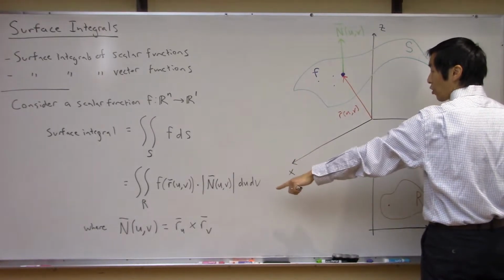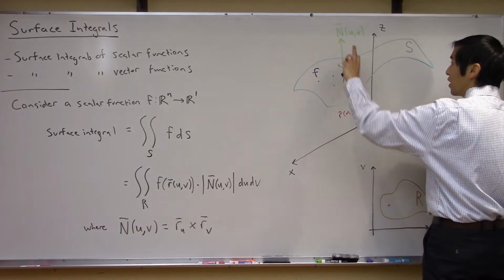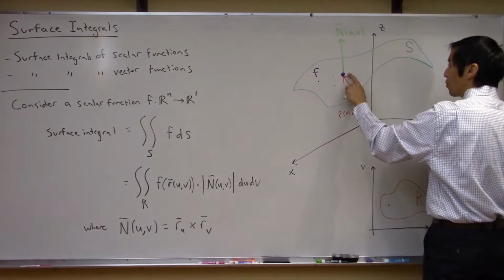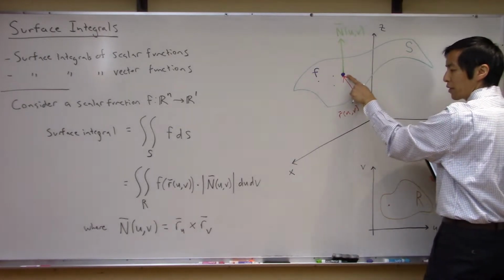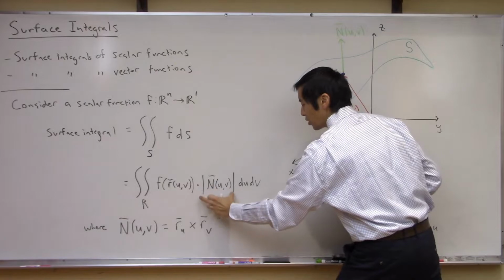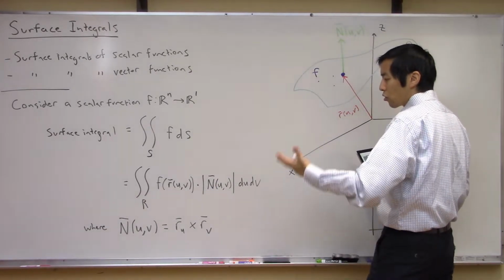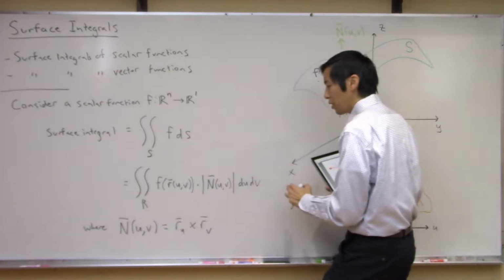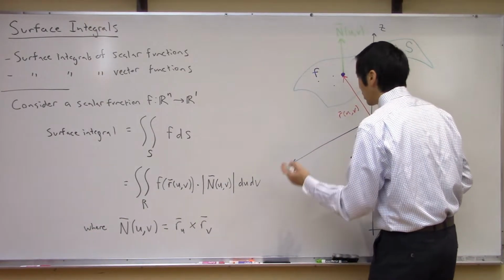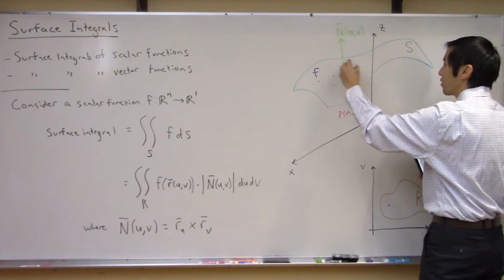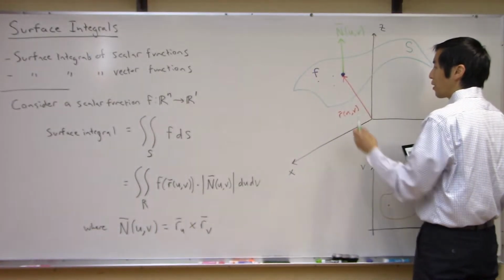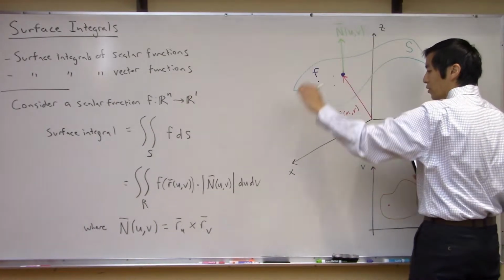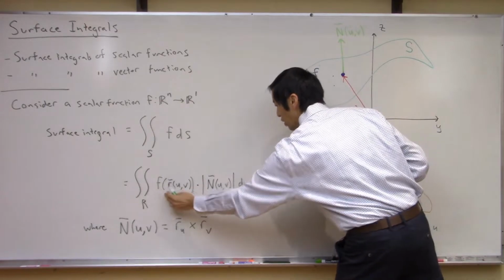This is literally just a cross product, right? So this vector is normal to the surface at this point of interest. That's what this term is, and then we just take its magnitude. This is the practical way that we will go about computing this surface integral: we basically march our way around this entire surface by looking at the magnitude of the normal vector times the function evaluated at